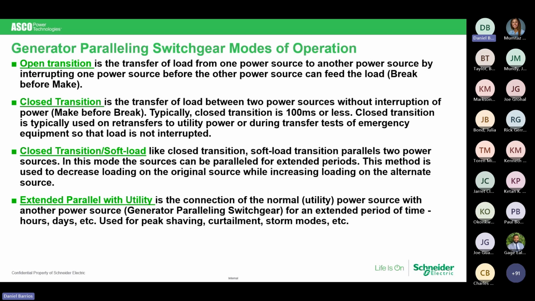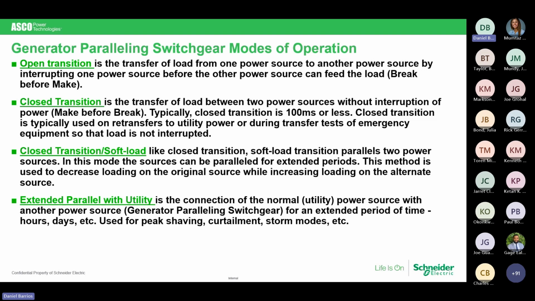You're sitting at a traffic signal, you put your blinker on, the car in front of you has its blinker on. Neither one is controlling the other, but you're going to see that they are going to hit in sync at least a couple of times, and then they're completely out of sync. In the case of paralleling switchgear, we are driving those signals from our generators through the M-slick to the utility, and we are doing closed transition.